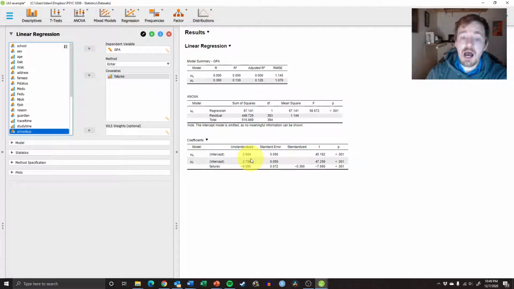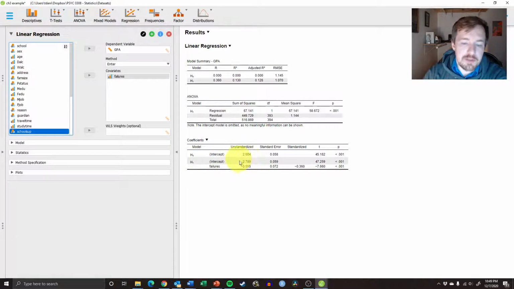Now, the failures unstandardized coefficient. This is going to tell you your slope. And so our slope here is negative 0.555, which basically means that with every increasing value to the failure rate, that is going to drop GPA by 0.555 on average. In other words, if you have zero